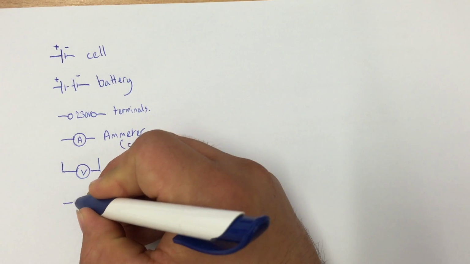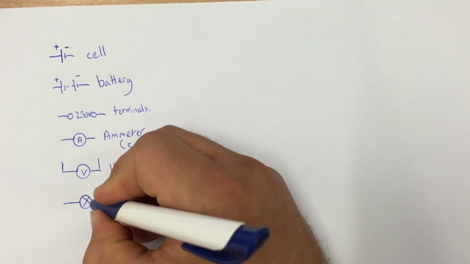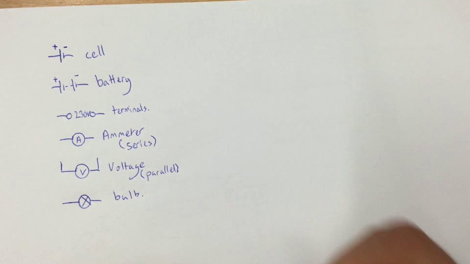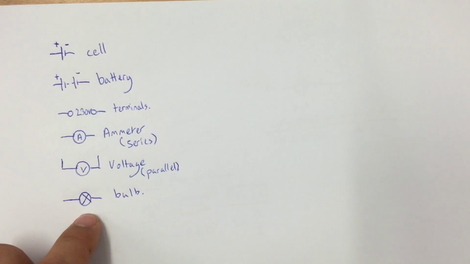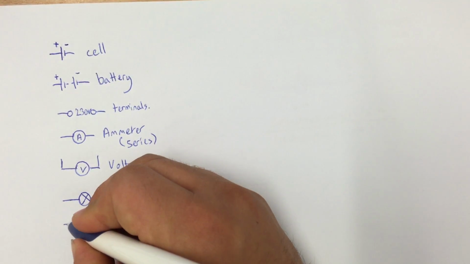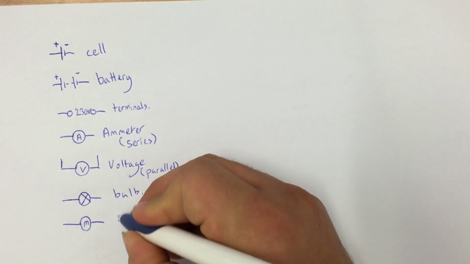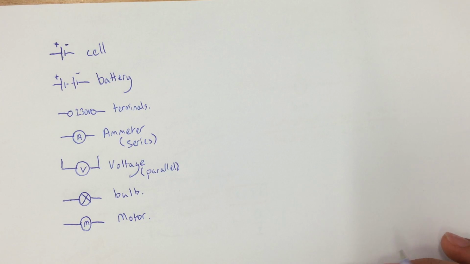The next one that we usually have is components that we might want to use. So the symbol for a bulb is a circle with a cross in it. There are other symbols for a bulb sometimes used, but this is the most common one, and the one that I would encourage you to use. That's the symbol for a bulb. A motor is very, very straightforward. It's a circle with an M in it, so that's a motor. Another